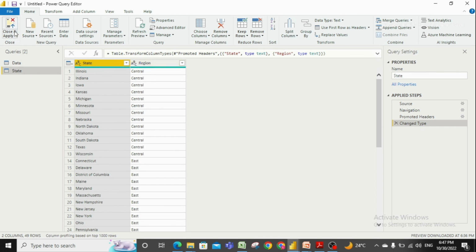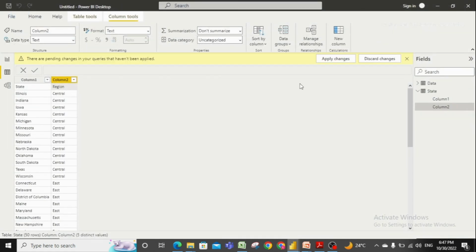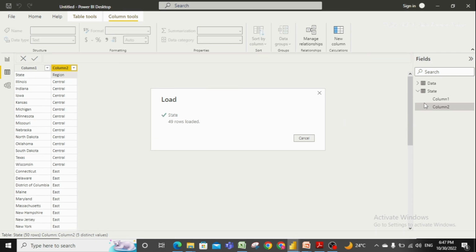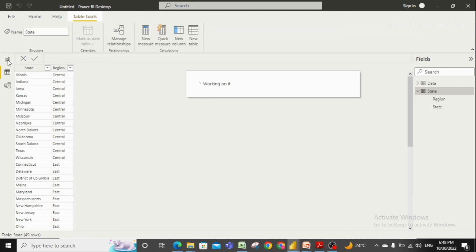So I will again click on close and apply. I will click on apply changes. It will load. 49 rows loaded, and the column 1 will change to region and state. This is how we will be loading the data,